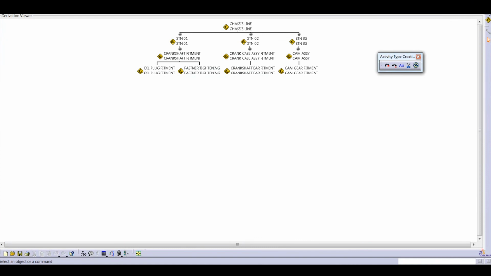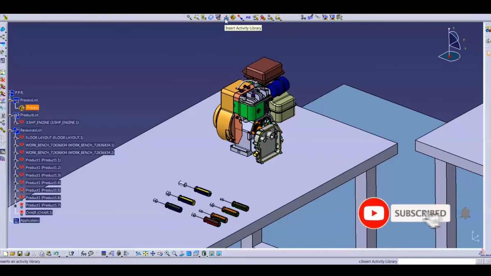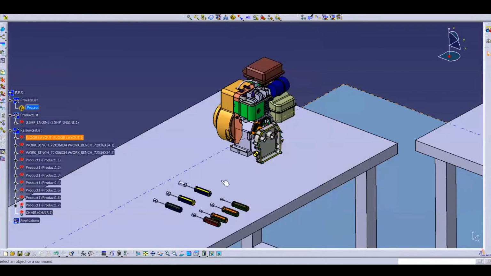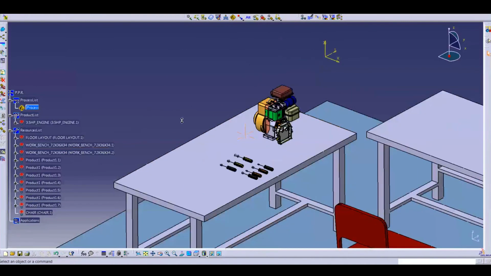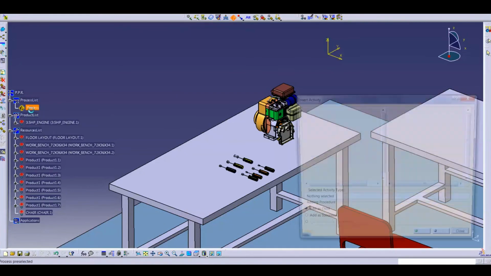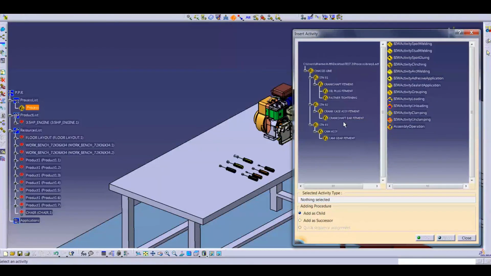Now we will close. Now we insert the process library in our process. This is insert activity. Save your process library. This is the process library. I just open it, it's saved in the background of applications. Now when you insert the activity by this toolbar, the insert activity toolbar, select process, and you can see here your process library is added. For example, currently we are working on Star Bus Ultra 46 AC simulation.